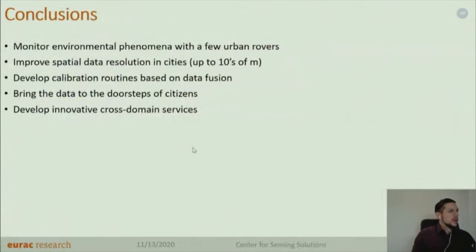Coming to the conclusion, of course, we see that this approach allows us to improve a lot the spatial data resolution in cities, and with few urban rovers, we will be able to monitor and map the urban context really easily. And of course, we do see another important feature of this application, that is bringing the data to the doorstep of citizens, to make the citizen scientists much more interested and active in